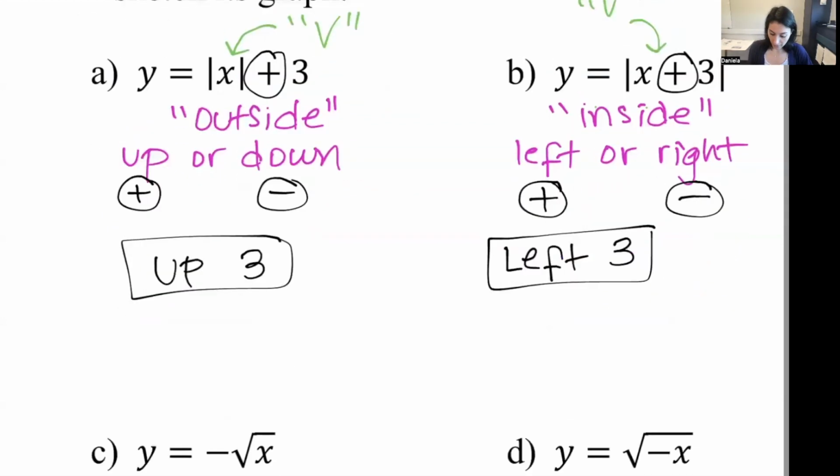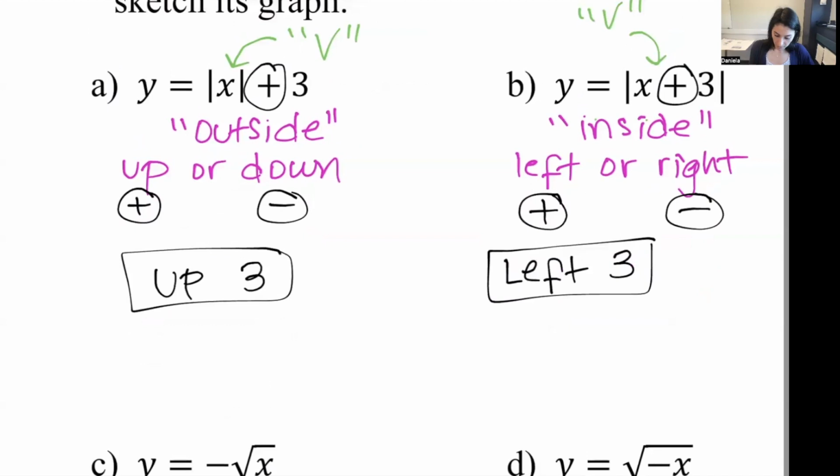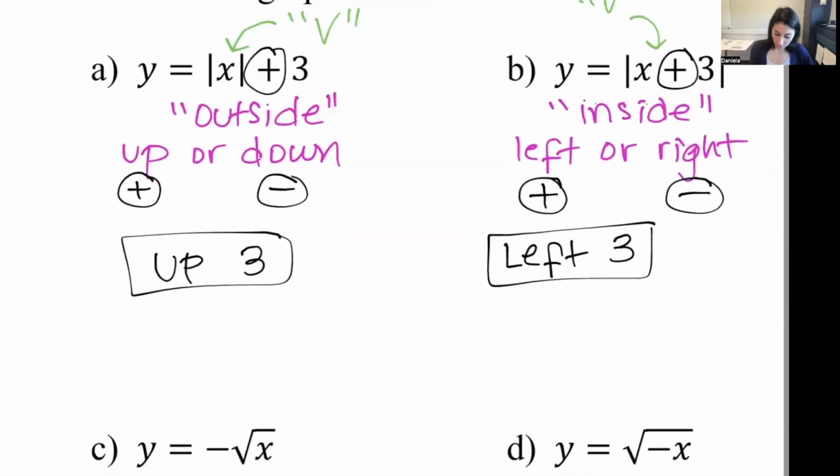So now we know that it's going to be a V, because it's the absolute value. And you know you're going to put that point in the center to start. I'm comparing to the parent function. If I do the dotted lines, that's what the parent function looks like. So all you have to do is shift that merging point up 3 units. So 1, 2, and 3. So this is going to be what the